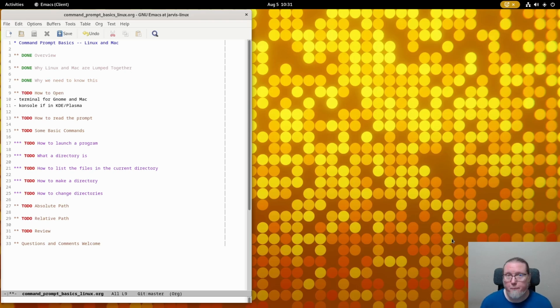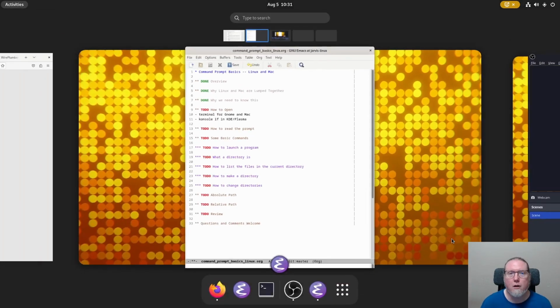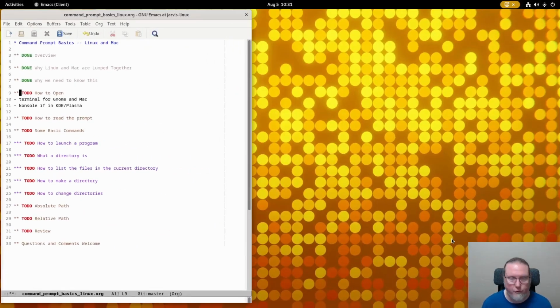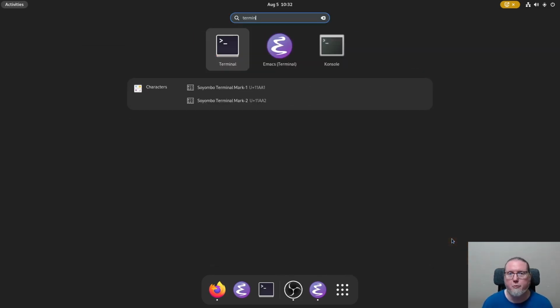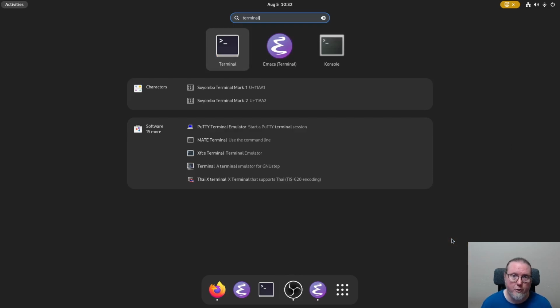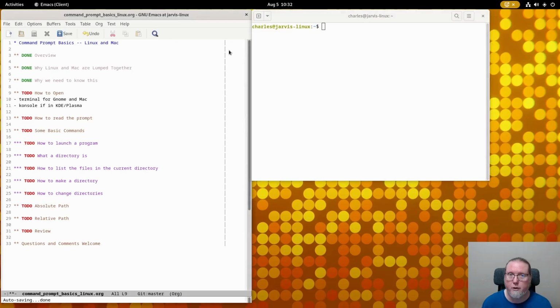So, first thing we have to know about the command line or the command prompt is how to open it. And you'll notice I use the terms interchangeably. We open it on many Linux systems and Mac by going to a program called Terminal. Now I've hit the Tux key, the Windows key if you have a Windows keyboard. On Macintosh, you're going to hit, I think it's Command space, it might be Apple space, one of those two, to get to Spotlight, and you're going to type Terminal. Now if you don't see Terminal, that's okay, but for right now, we're just going to look for Terminal. And Terminal's right here, we see it, we can click on it, we can just hit enter,